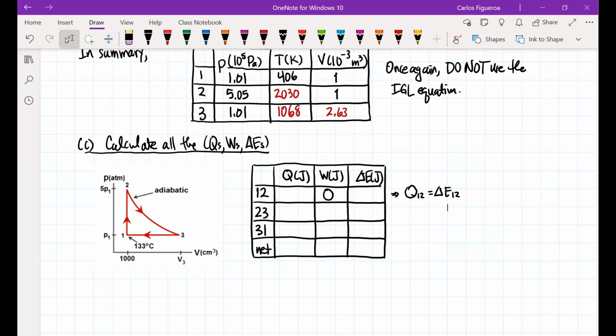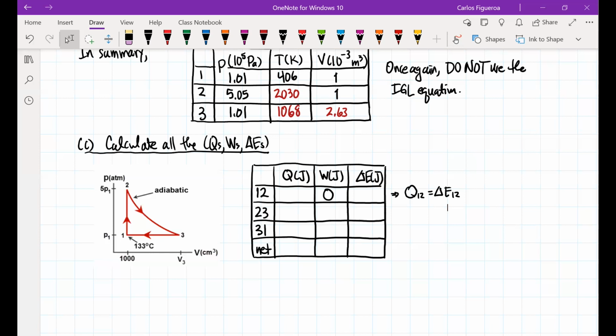Then I'm going to get 3/2. Now I look at my pressures. My pressure at 3 is now atmospheric pressure, so it's 1.01, but the volume has increased to 2.63 minus 5 atmospheres times a volume of 1. Now look at that 10 to the 5 and that 10 to the 3. This turns out to be 10 to the 2, and this will be in joules. So when I compute that, I get minus